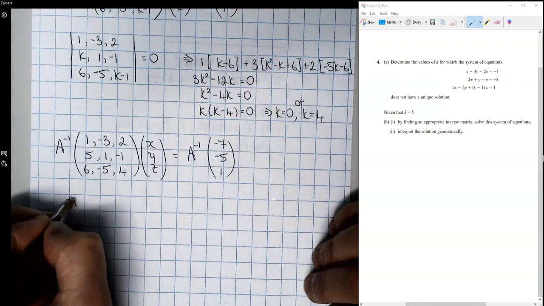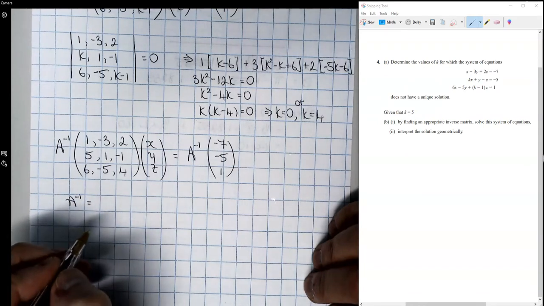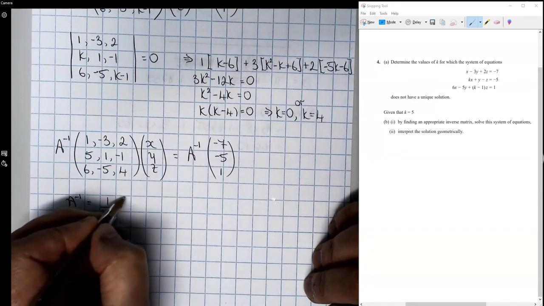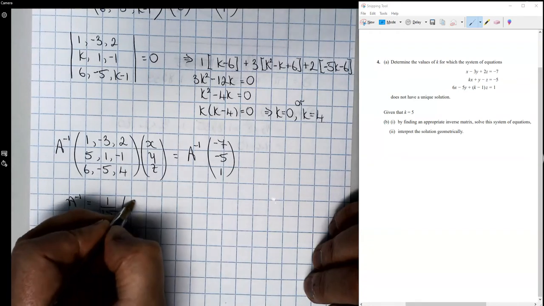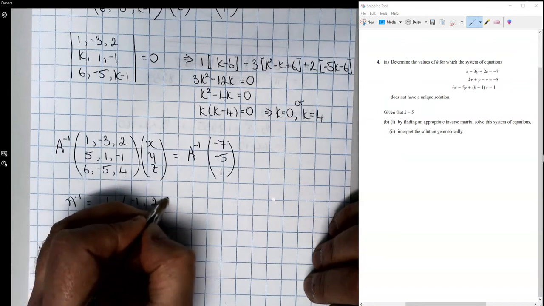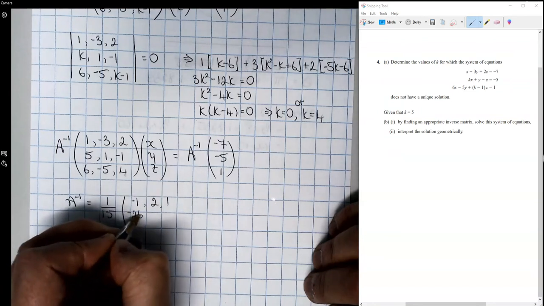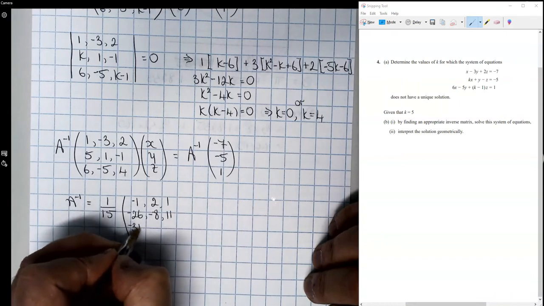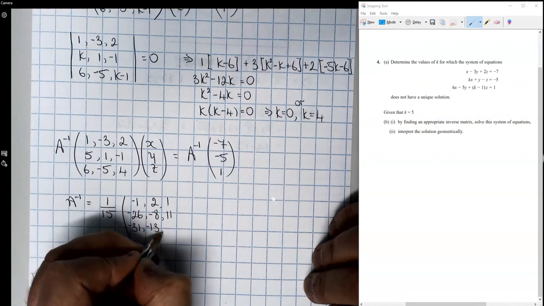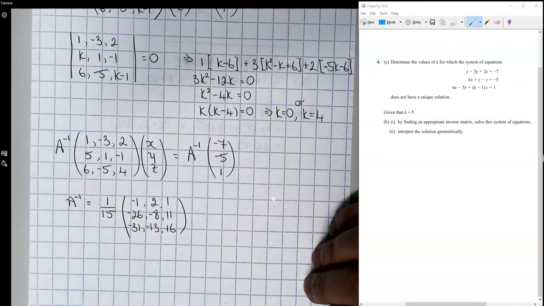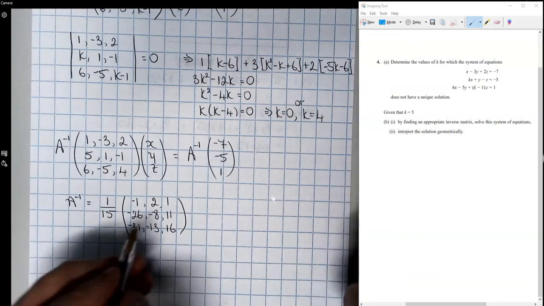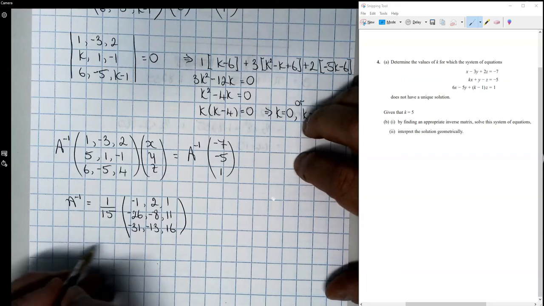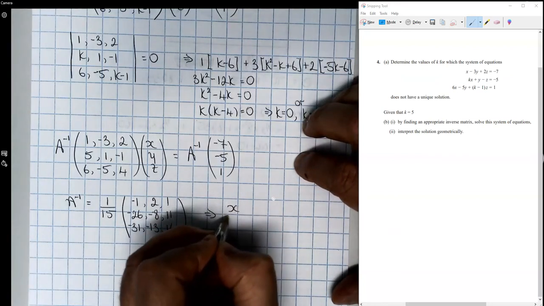So A to the minus 1 is 1/15 times [-1, 2, 1 ...], and then if we multiply that by (-7, -5, 1)